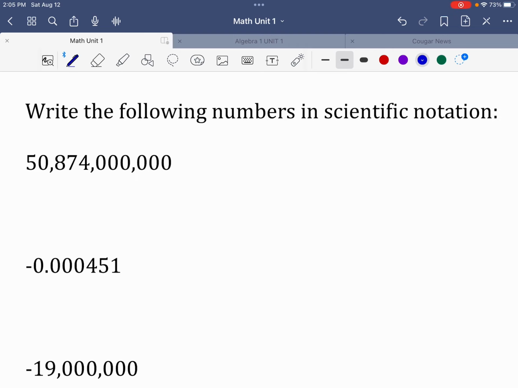There's no decimal, so I put one on the end. I have to move it, and I'm going to count by threes. Well, maybe not. I'm going to move backwards 1, 2, 3, 4, 5, 6, 7, 8, 9, 10 places. I got to move backwards 10 places before I can get a number between 1 and 10. The number between 1 and 10 is going to be